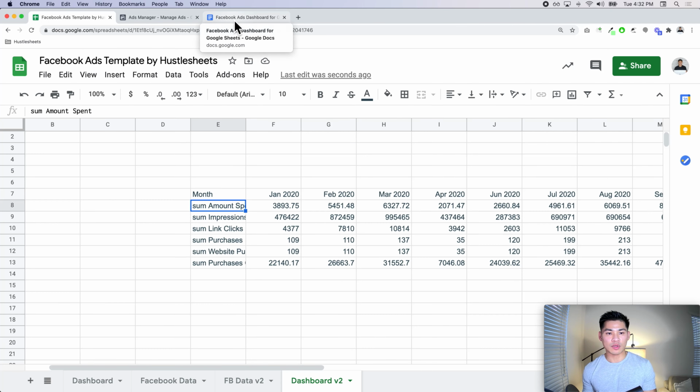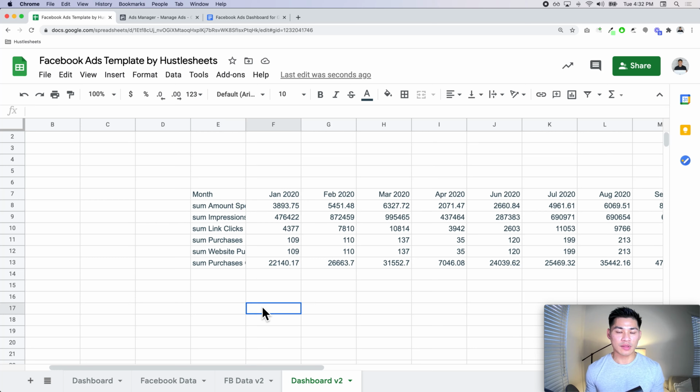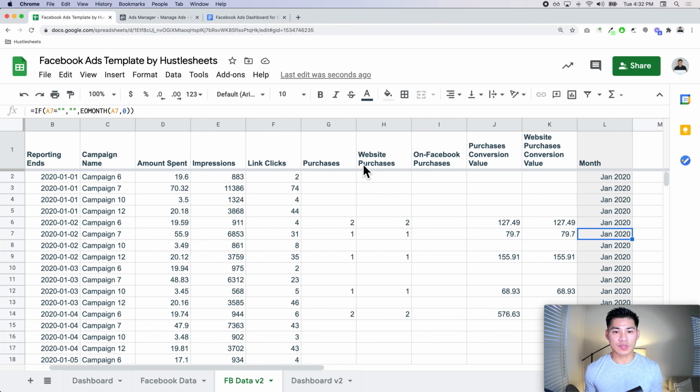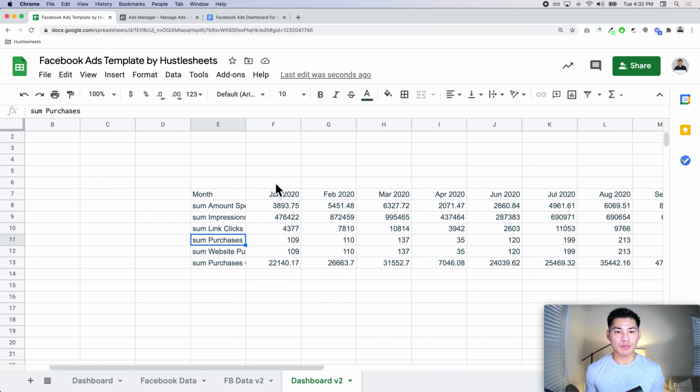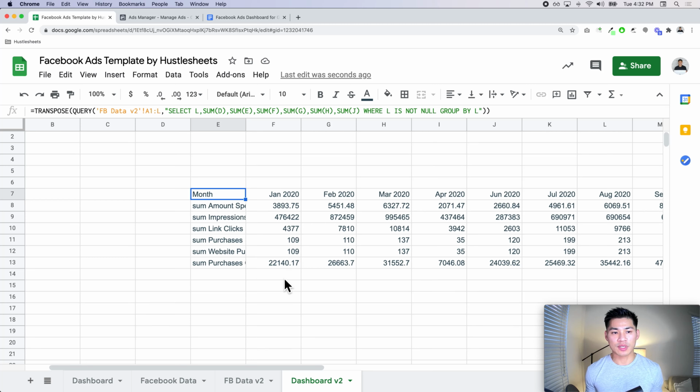So, calculated formulas. This goes into why we don't want cost per click and things like that to come directly from Facebook: we need to build this formula ourselves. If we had taken Facebook's cost per clicks here, it would just give us an average over these days, which is fine too, but we want the exact absolute amount. So the way we do that is we build these calculated metrics inside of the query formula. For example, let me write down the